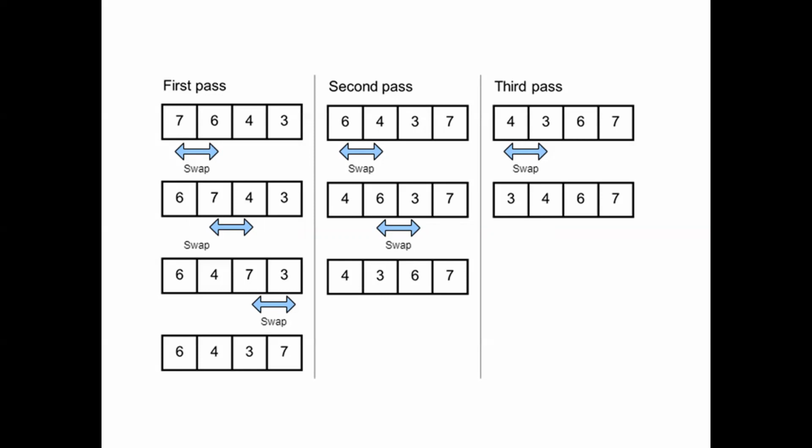And coming to the output of the third pass, you can see 3, 4, 6, 7. While we observe the list which we gave to the computer and the last output which we gained from the computer, it is 7, 6, 4, 3 modified to 3, 4, 6, 7, and the output is in ascending order. This is about the bubble sort.